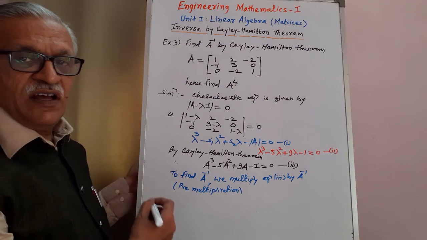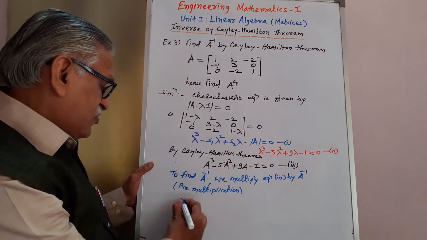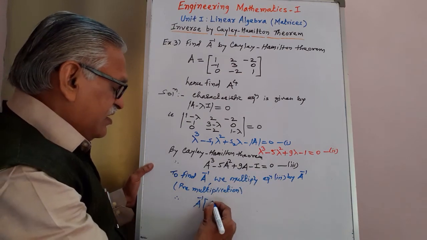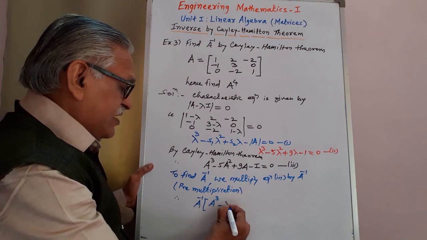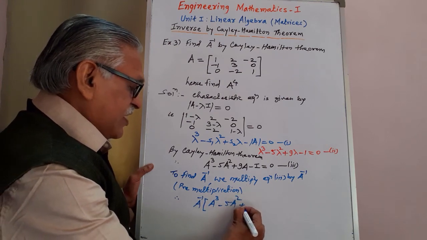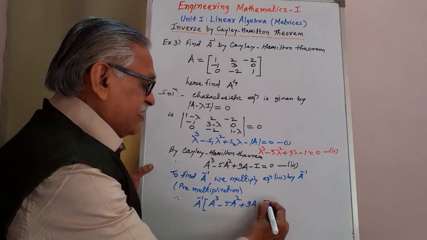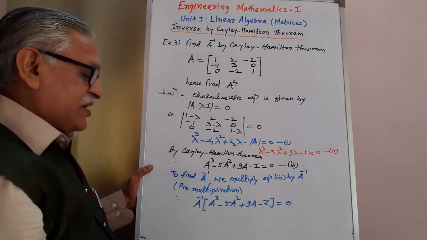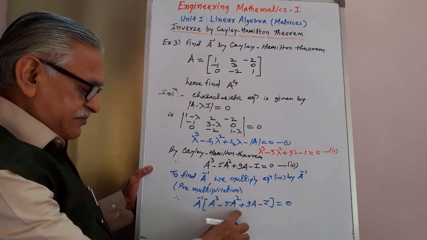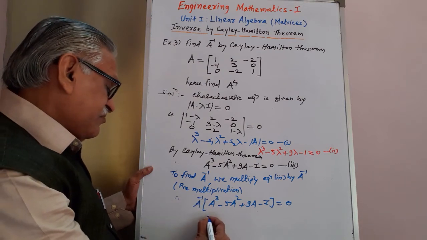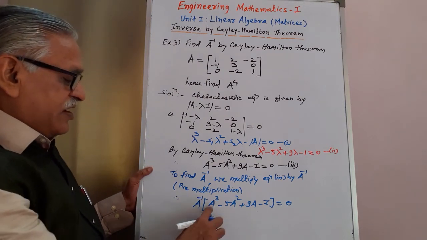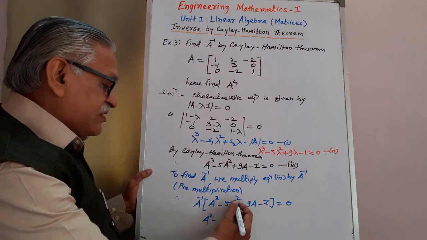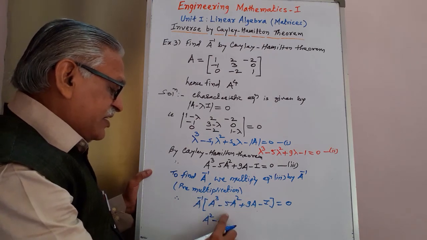Means that term must be on the left hand side. And therefore we get A inverse into this equation. That equation is A cube minus 5A square plus 9A minus I is equal to A inverse into 0. That term remains 0. Multiplying it inside, A cube into A inverse, we get that term as A square, adding the power. Then A square into A inverse, again adding the power, 2 minus 1, we get that one as A.